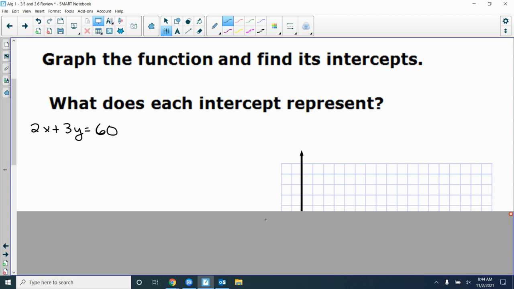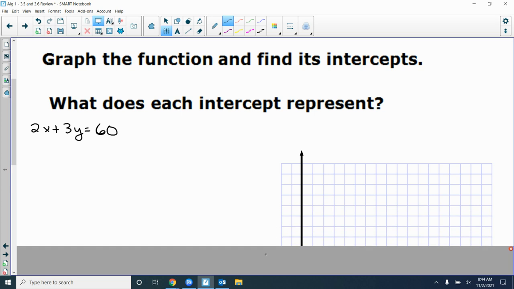Now we need to find intercepts because we're going to have to do a scale on that graph. It won't just be one, but let's get our intercepts first before you plot anything. Before you plot it, give them both. So for the x-intercept,